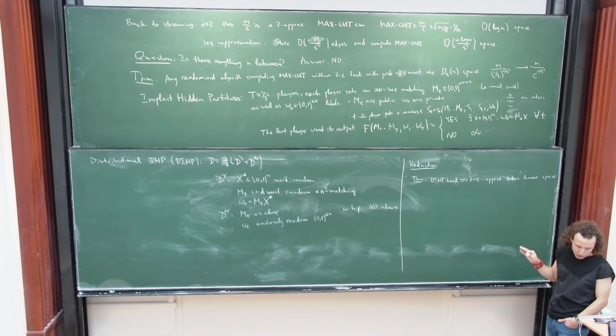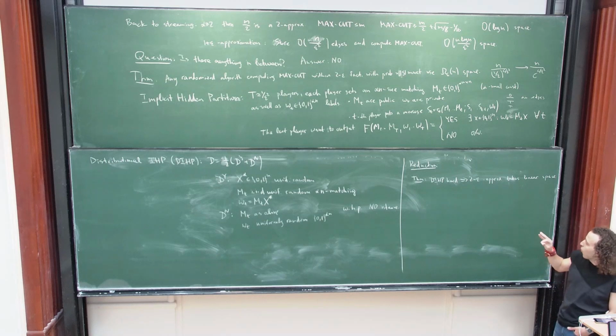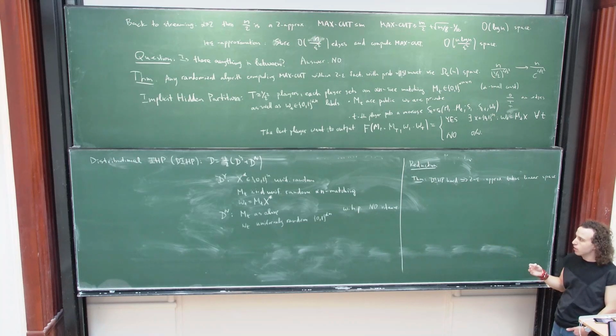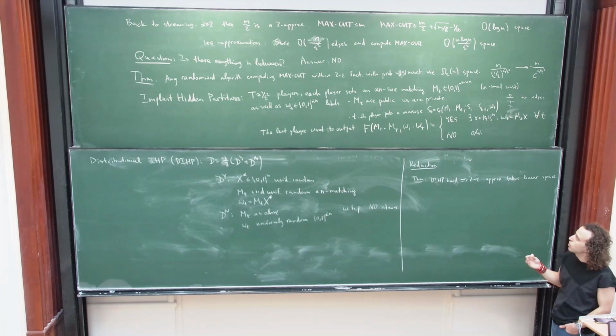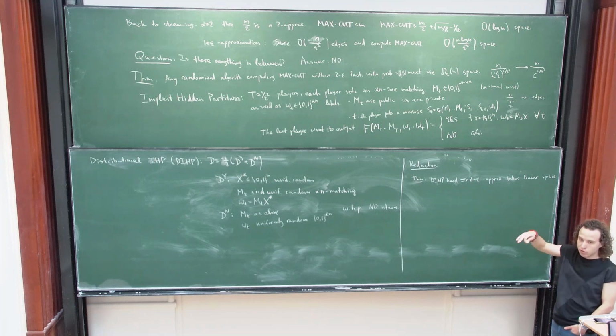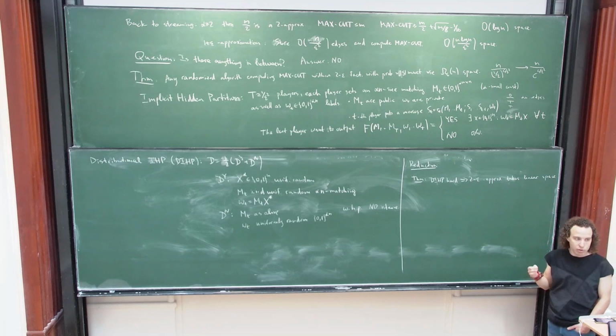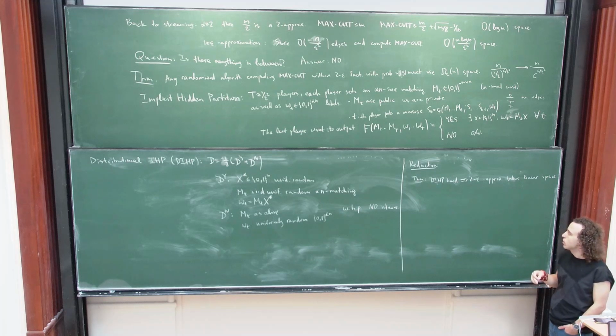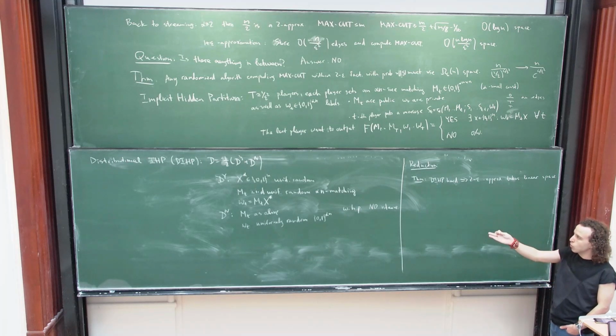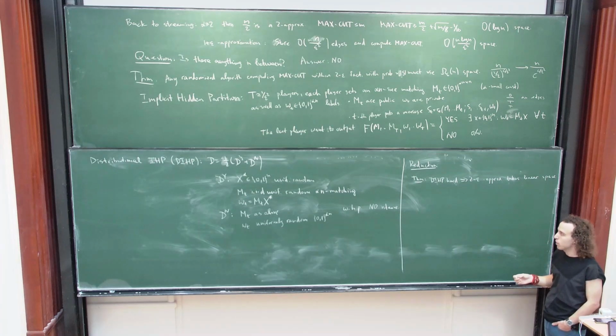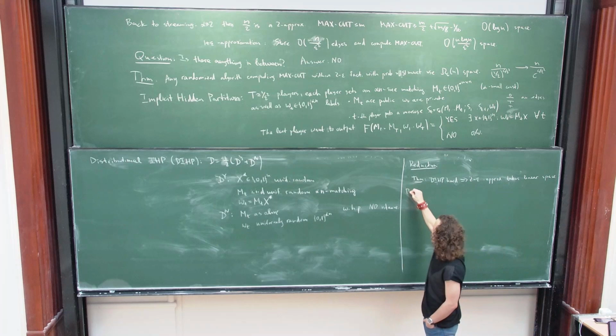I'm not writing all the details here. So in the distributional version, the graph is drawn from this distribution, and the last player should understand whether it's a yes or no instance with probability at least 0.51. So the claim is that if you show a lower bound for this, then we will show a 2 minus epsilon bound. So, proof.